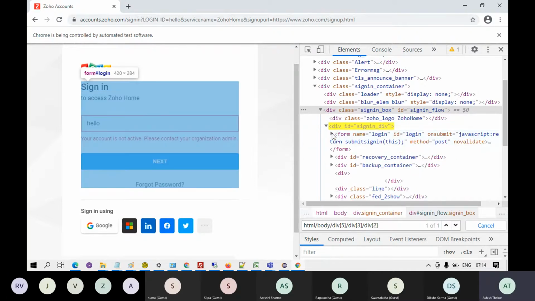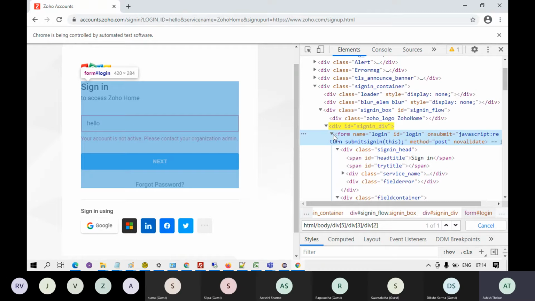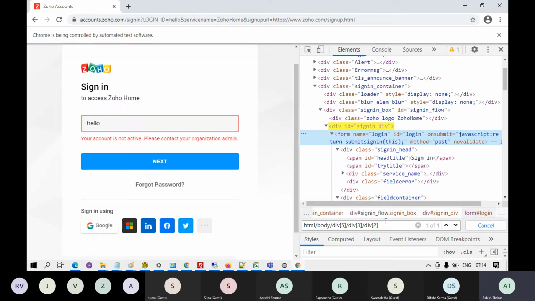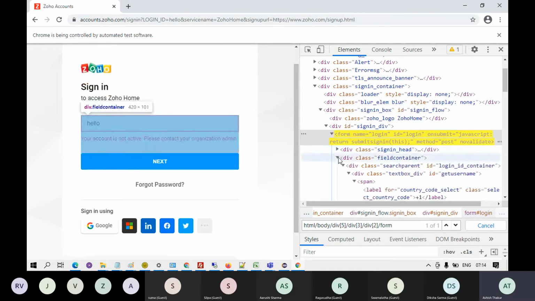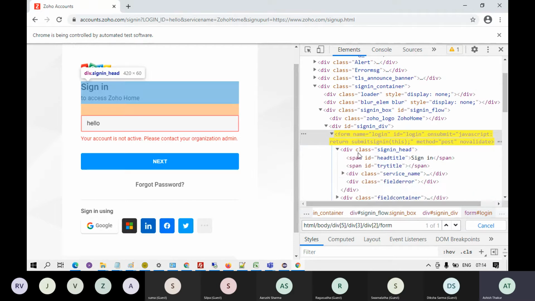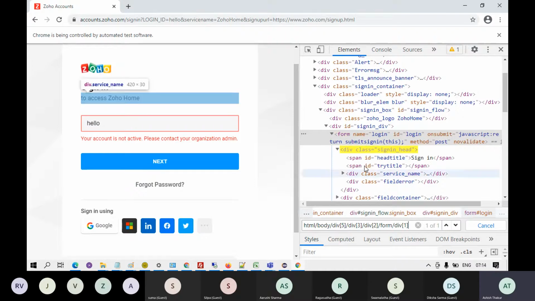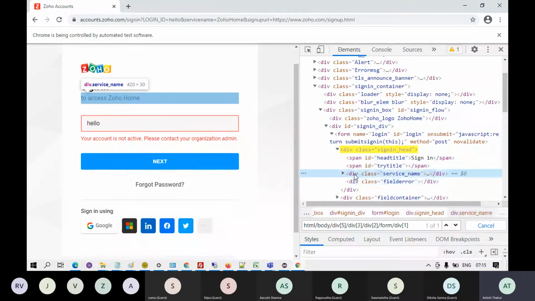Under this, there is this form tag. Then there are few division tags. You want to go inside the form tag. Okay, so you will write /form, and then under the form tag, there are multiple divisions. You want the first division. Okay, so /div bracket 1, and in the first division there are 2 span tags and 2 div tags.